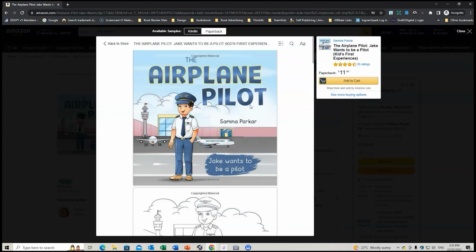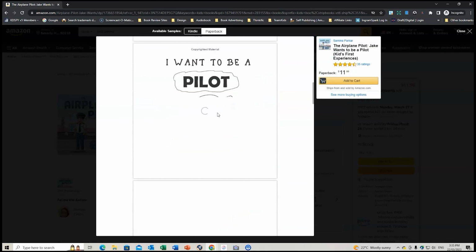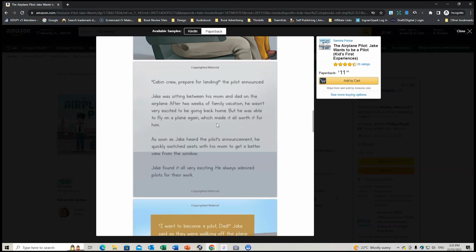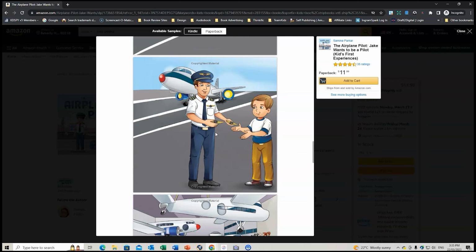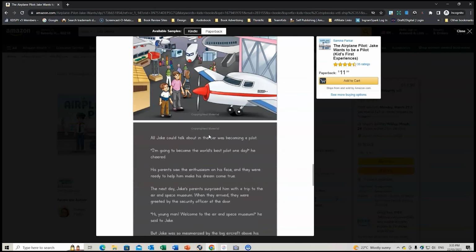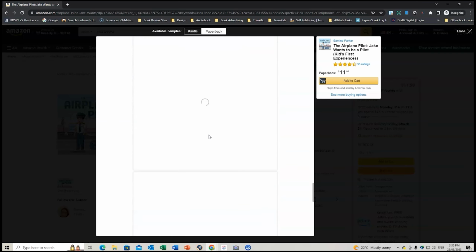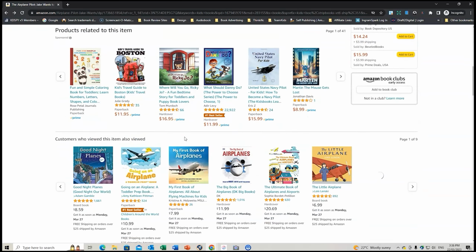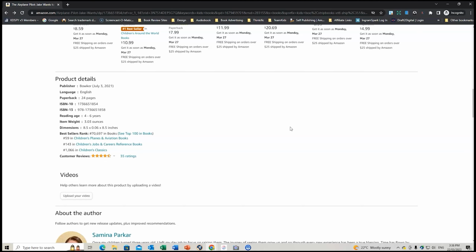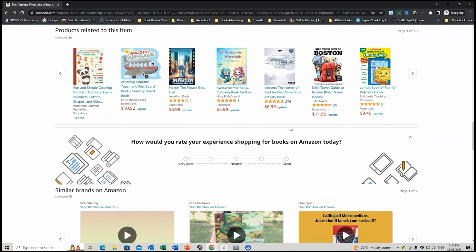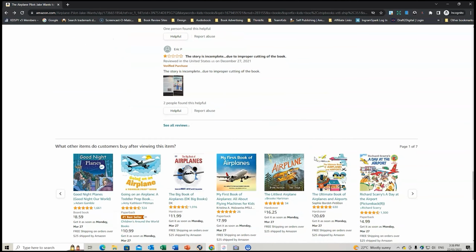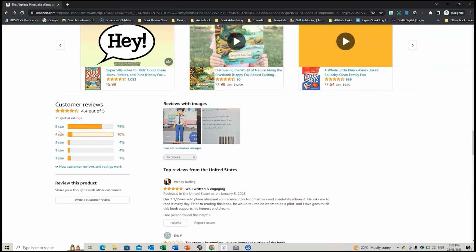I'll see how they put this book together. It might be quite simple, which it looks like this. So they've got a bit of a story, some simple illustrations are in there, and it goes through the story. Now what I would normally do is scroll down and see what the reviews are like. There's 35 ratings or reviews, and I'll see what's working, what isn't working, and have a look at those star